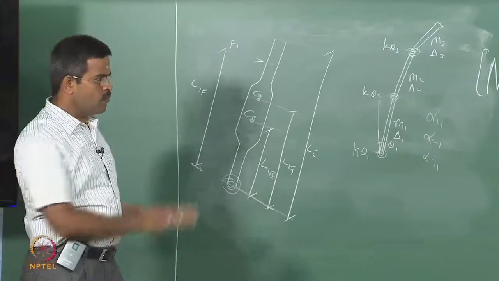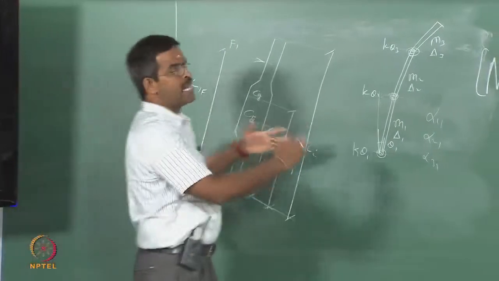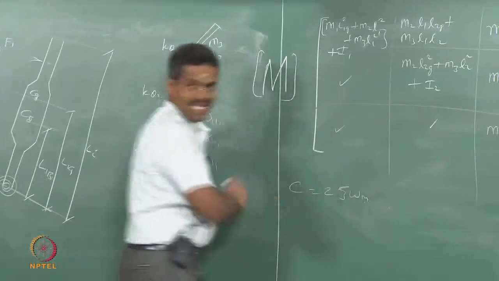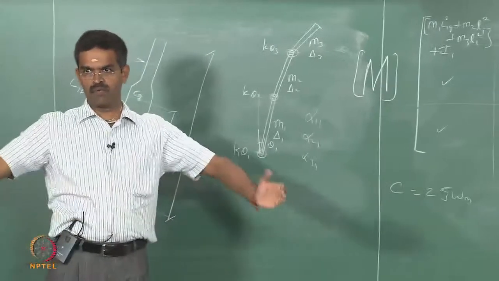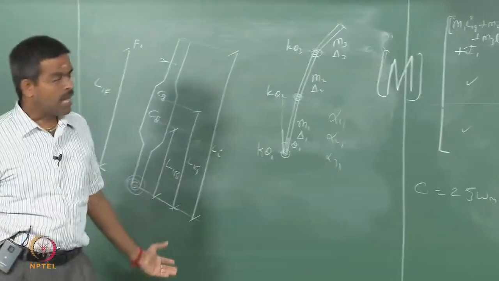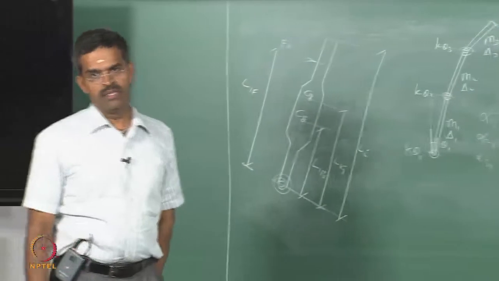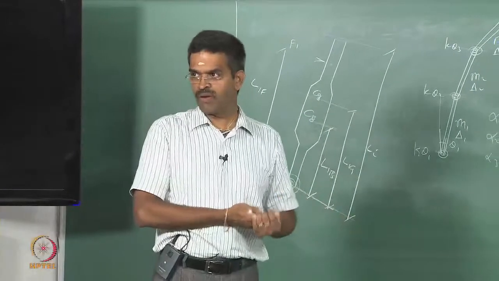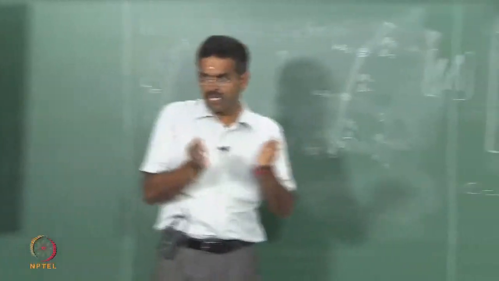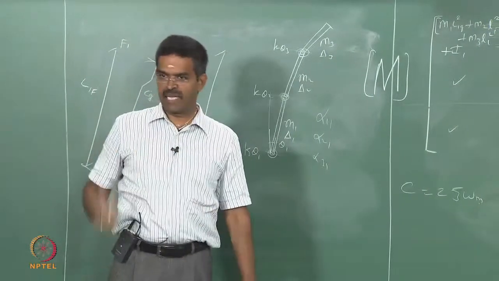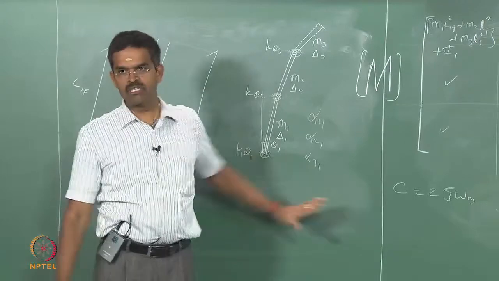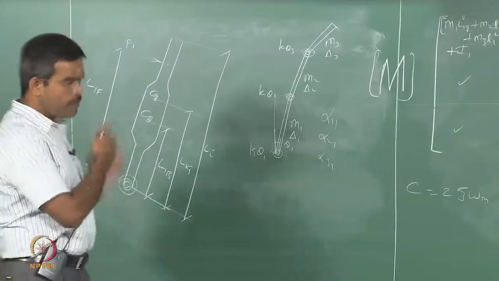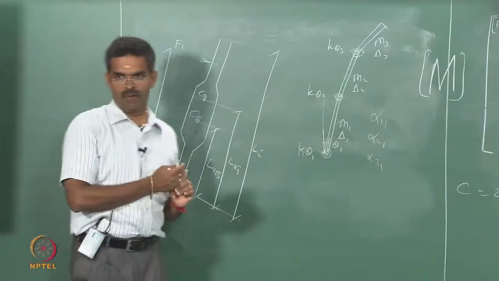We will move on now. Once I have k and m matrix, C is going to be 2 zeta omega m, the classical damping matrix. I have the equation of motion now set for my problem. I can solve this using any iterative scheme, which I have not so far discussed. In the last case also we had a similar problem, we have not discussed. We are holding the iterative scheme later, we will discuss all of them at the end. So now the equation of motion is complete, I can solve them if you know the iterative scheme. Let us hold it here, and come back to the response control of the system now.